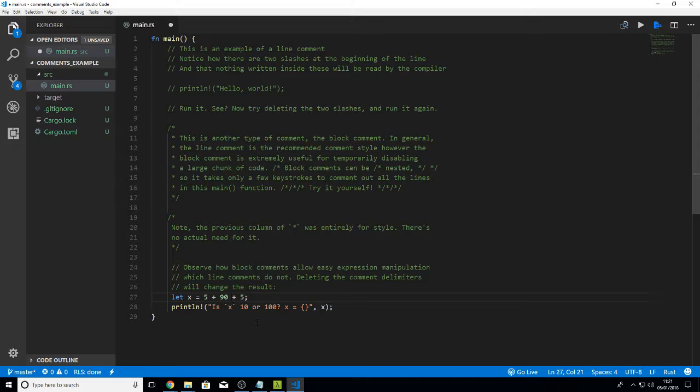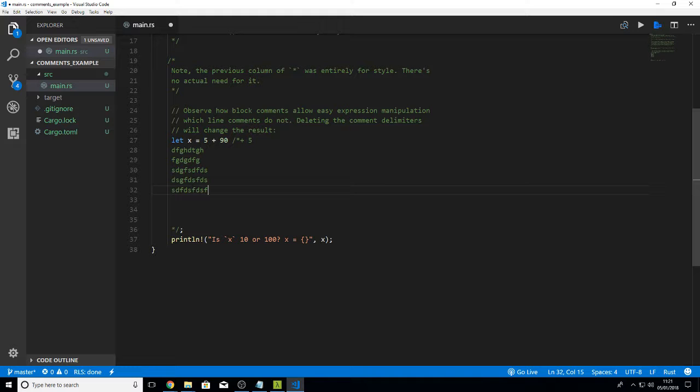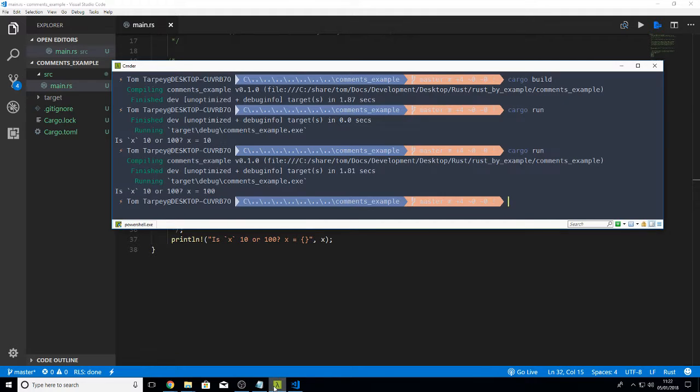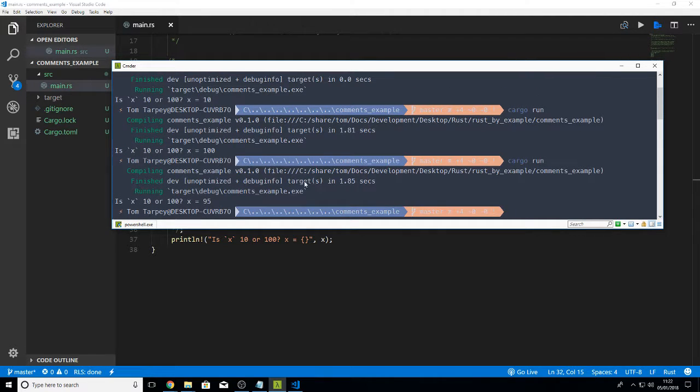Now, if we were to do this, it's a whole different thing. If we add a comment on this side, this will change it to neither of these. This will now be 95. So if I save this, you'll see what I mean. This is a block comment. You can have as much white space as you like between this, you can write what you like, it doesn't really matter. See? That's fine, that's completely legal code. It looks a bit messy, and you wouldn't really do it in production, but let's just do this. And all you'll see is that it equals 95 instead of 100 or 10.